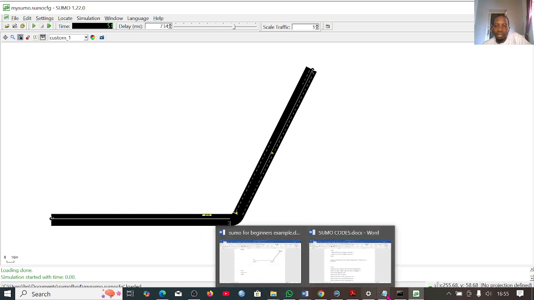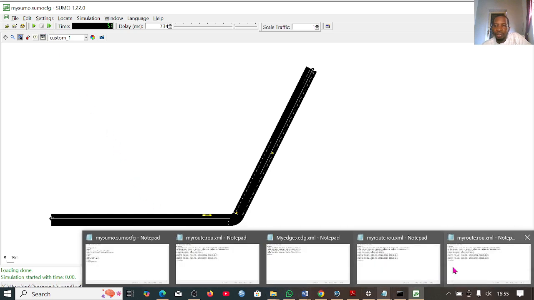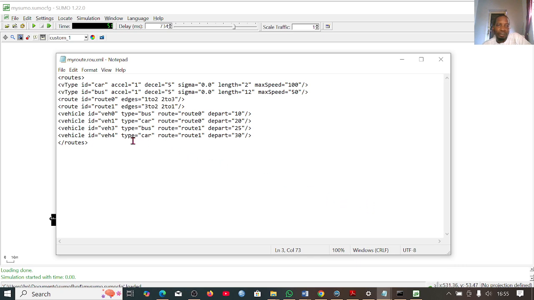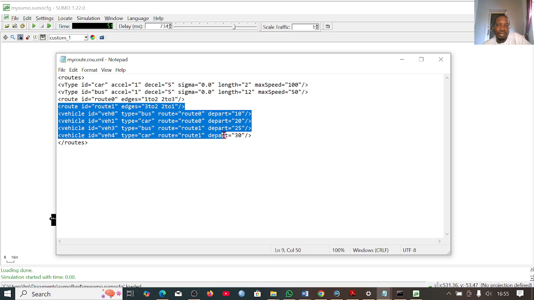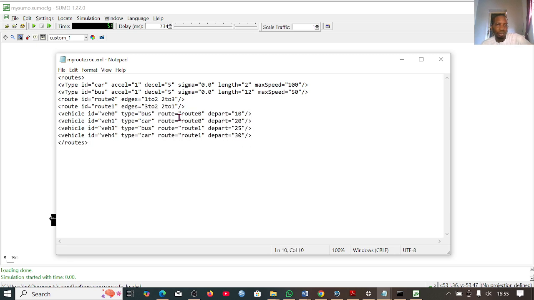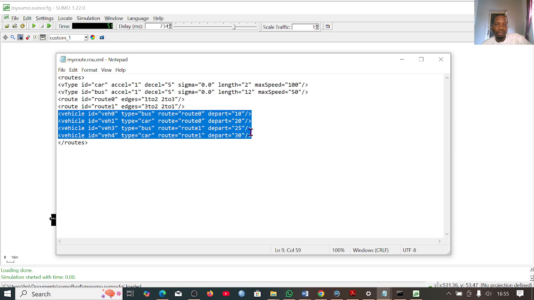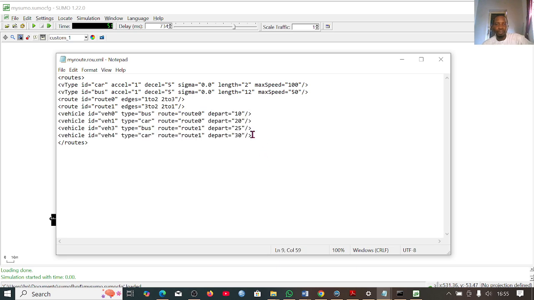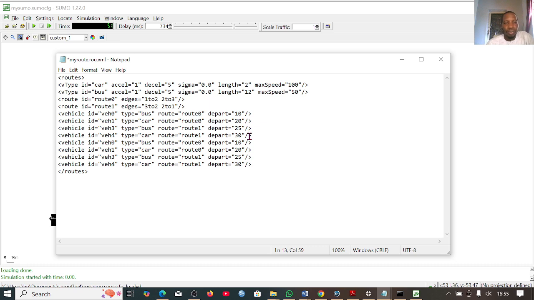So I think I have the root file open. So all what you just need to do, like for instance, if I want to increase the vehicle by 5 or by 4, I will just copy these vehicles, excluding the root. So I will just copy this. This. So I will now say copy. So I will just paste them. Paste. So here you need to change the ID, because here we have